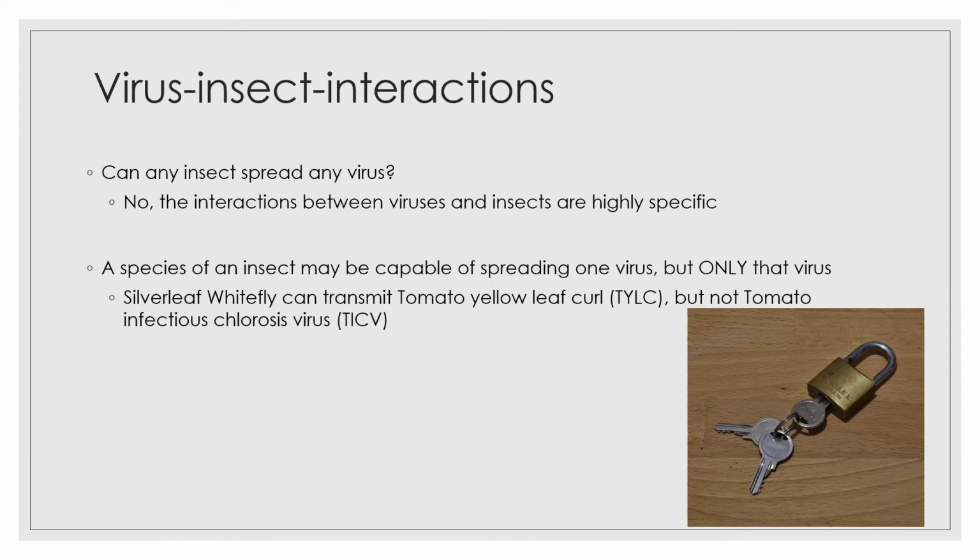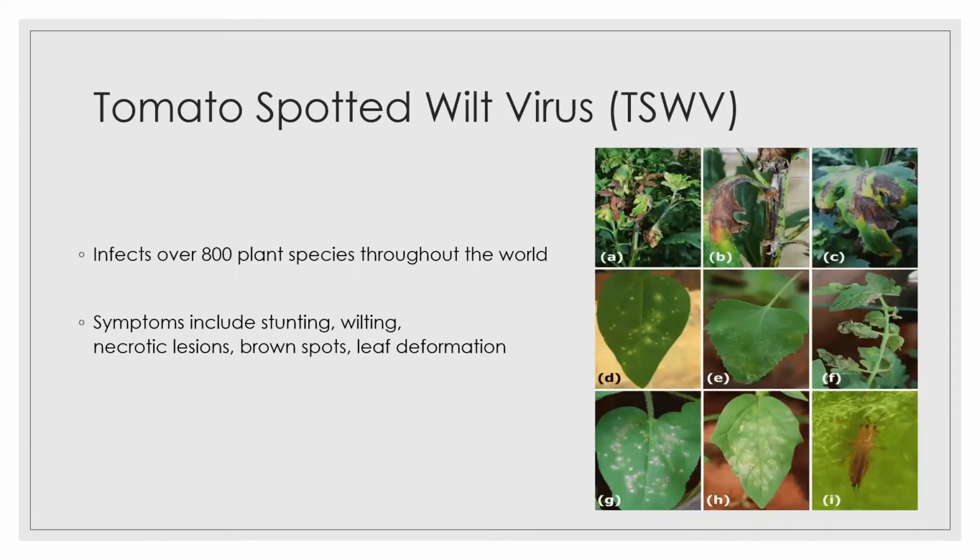And so now I'm just going to go through the whole mode of infection for a virus. The virus that I picked was tomato spotted wilt virus, or TSWV. This can be a really big problem if it happens in a field for a farmer. It can infect over 800 plant species. So all your big boys, tobaccos, tomatoes, crops, even flowers. And the symptoms that you're going to have with this disease, you're going to get some stunting, so the plant's not growing as good as it could, some wilting, it's not really doing too well, necrotic lesions of the leaves,